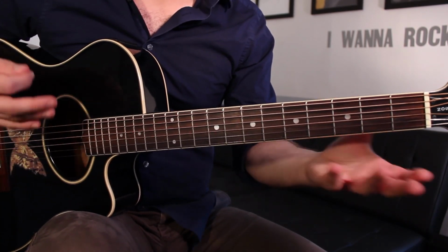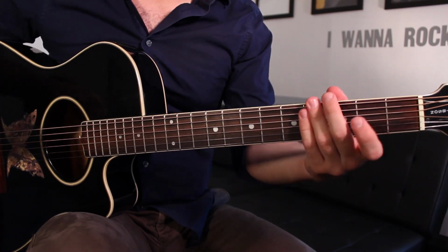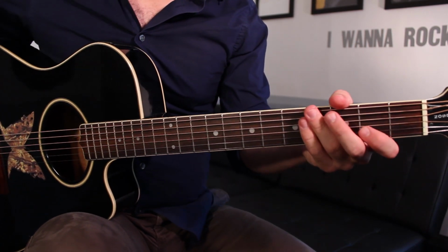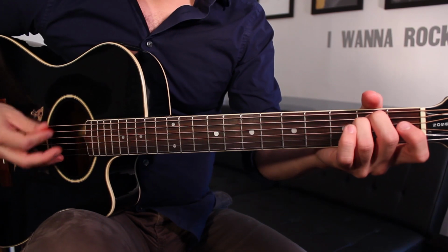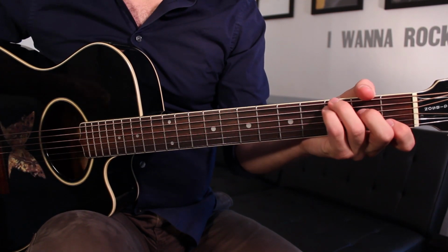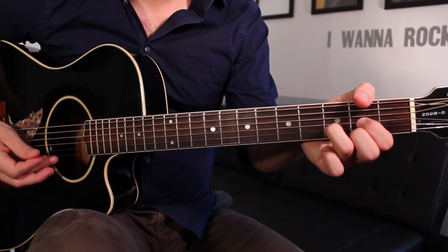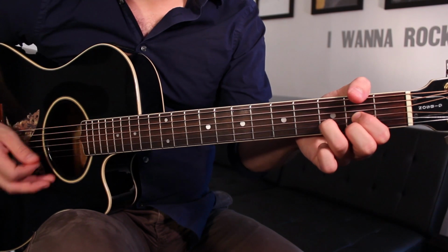Alright, so now we're going to change things up because we're on to the bridge. Bridge happens after the first chorus for this tune. We're going to play E minor. Then we're going to play C/G, D, D again,